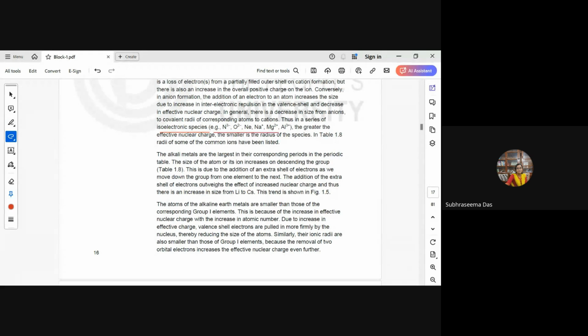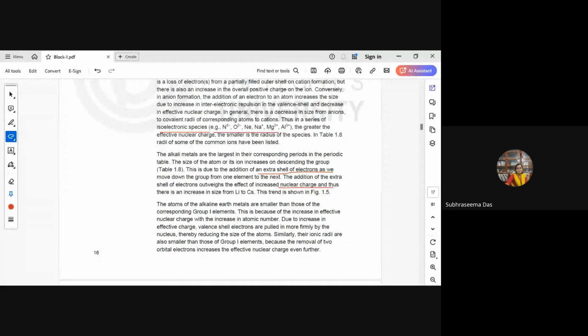The size of the atom or its ion increases on descending the group. So as we go down the group, both the atomic radii and the ionic radii increase. This happens because the addition of an extra electron outweighs the effect of the increased nuclear charge, and thus there is an increase in size from lithium to cesium. So when we look into group 1 and go downwards, we see that the size increases from lithium to cesium,